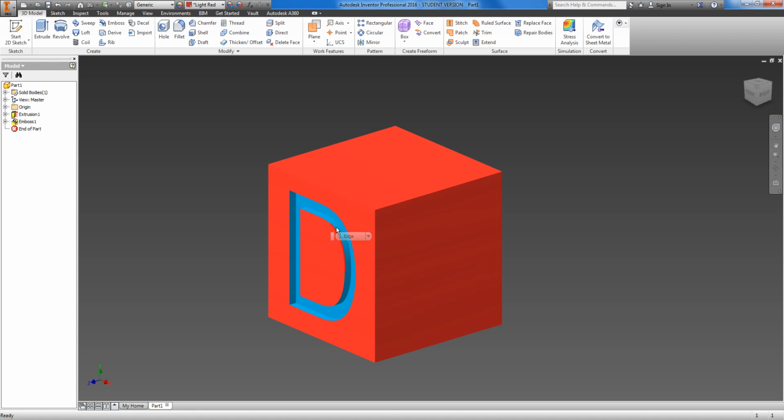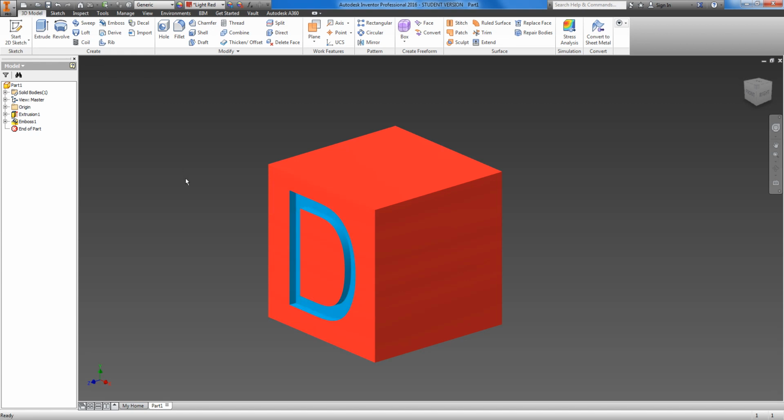But for something simple, it would print everything out all as one color. We can go and paint it later if you wanted. If it's printed just in one color, that's no big deal. Okay, so we'll want to save this part, and then once we get all of our shapes made,